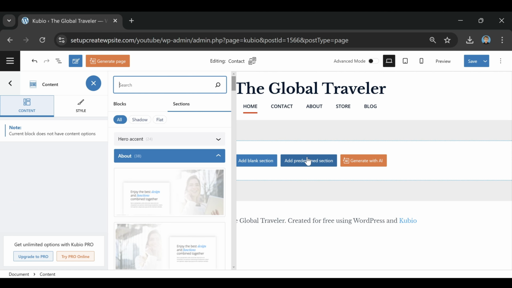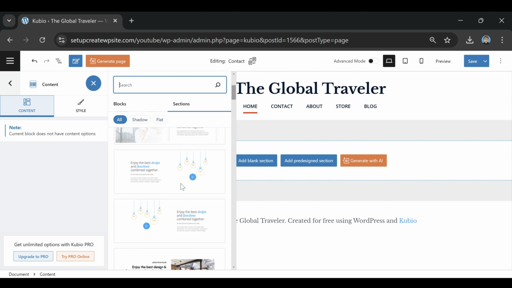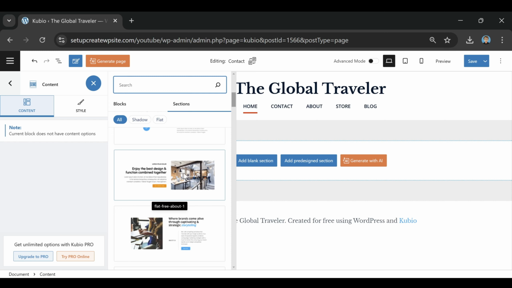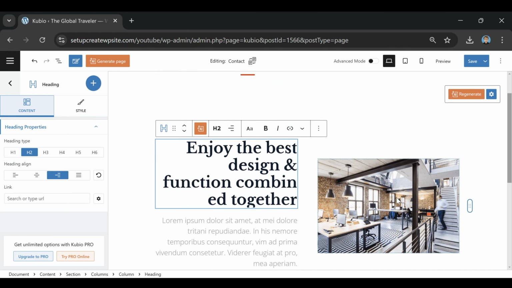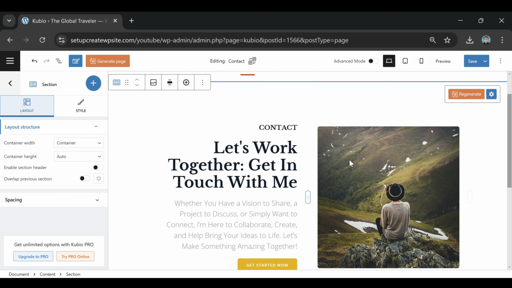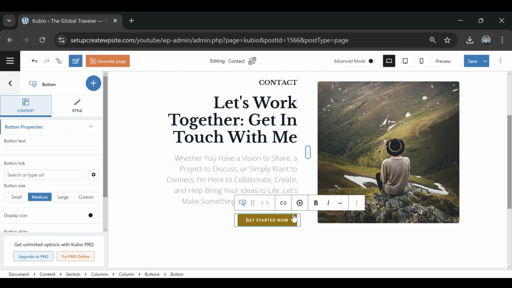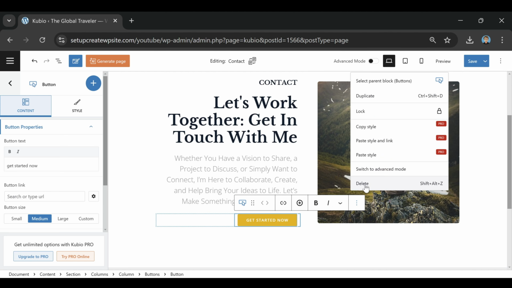And then we're going to click on add pre-designed section. And I think we're going to click on this one right here. This is the flat free about one. And so what I'm going to do is just edit this headline, the sub headline, and then this image right here. So now I've edited those things, and I'm just going to actually get rid of this button,